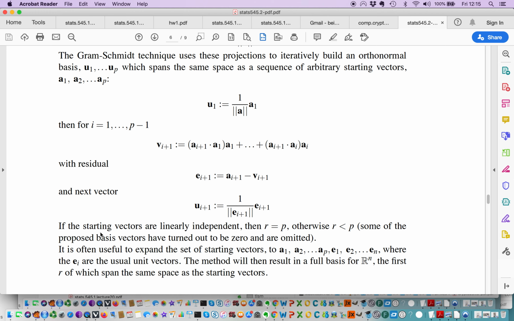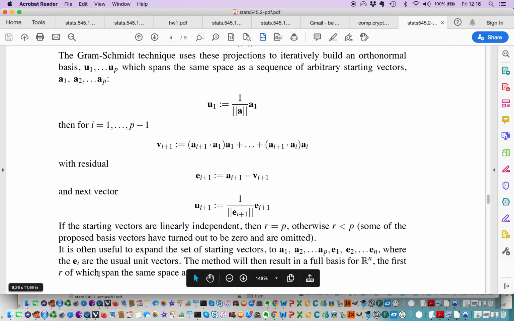What we can do next is expand it to a span for all of Rn, and the simplest way to do that is simply to say, instead of just considering the first p A's, we can add on to that all of the unit vectors. The e_i is the unit vector which is all zeros except 1 in the ith place, and then use Gram Schmidt on this set. And of course, these are too many. These are n plus p vectors. So as you go through this sequence, some of the residuals will become 0 and will be dropped. But we will end up with n vectors which span all of Rn,